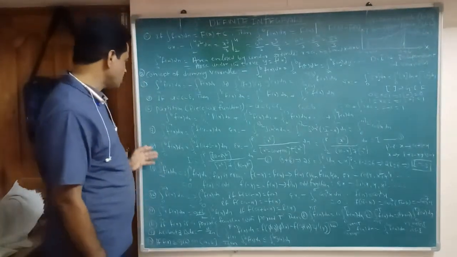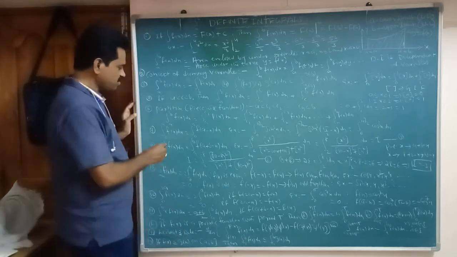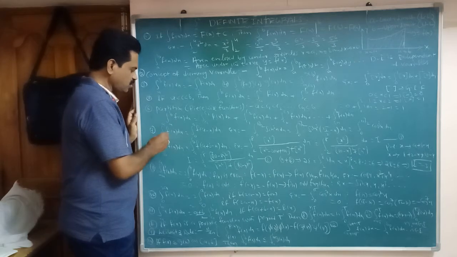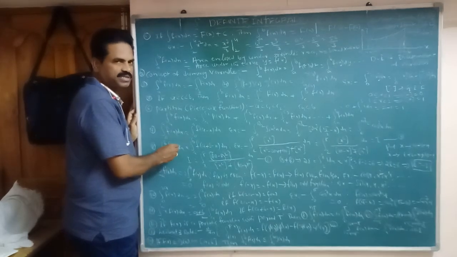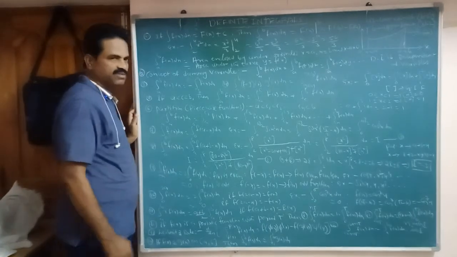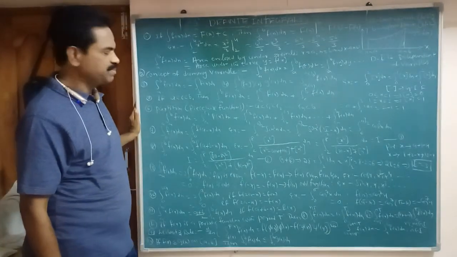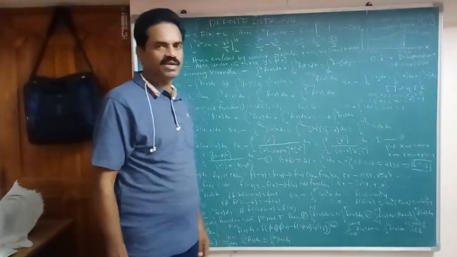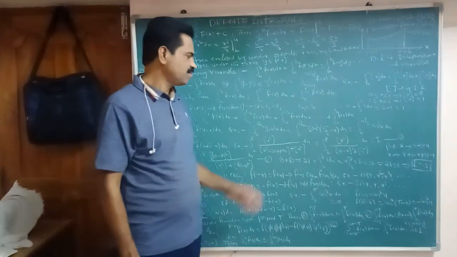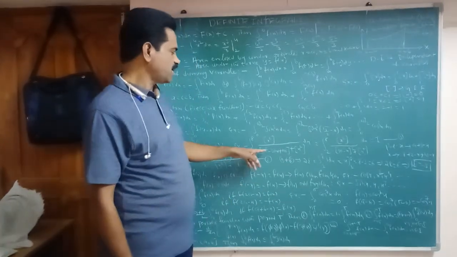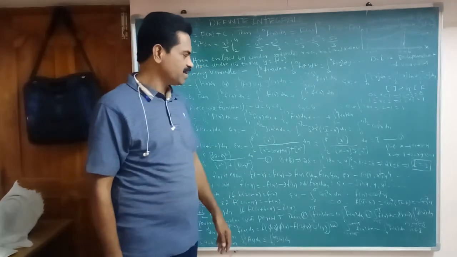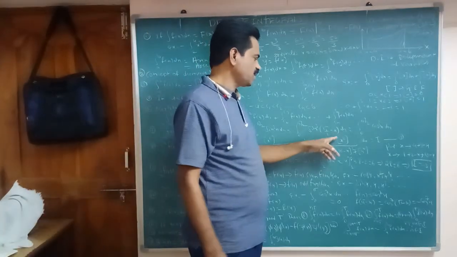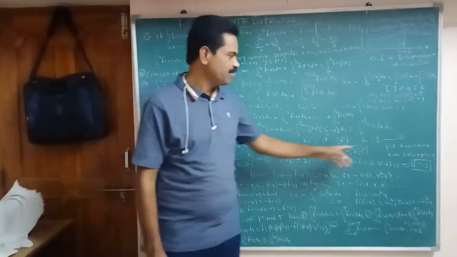Next, the eighth one. What is the difference here? Before it was 0 to a, here a to b is there. So add the lower limit plus upper limit minus x, and write it in place of x. That is a to b f of x dx equals a to b f of a plus b minus x dx. For example, see here: 2 to 8 x square by x square minus 20x plus 100 plus x square. Here you observe the denominator is like a square minus 2ab plus b square, which we can write as a minus b whole square. So it is nothing but 2 to 8 x square by 10 minus x whole square plus x square.